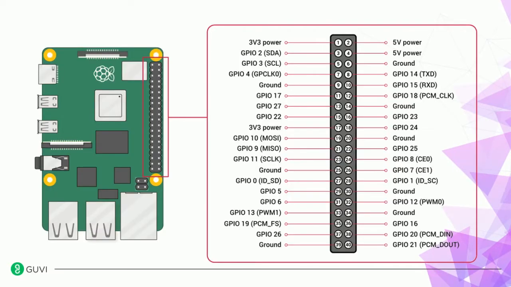Okay, so here is the pinout for Raspberry Pi. Raspberry Pi has 20 by 2 rows of pins, so a total of 40 pins. And in our project today we will be using GPIO 25. You can count from this end, it is the 11th pin. So we'll be using GPIO 25 and this ground pin. There are different ground pins, you can use any, but we are using this one.